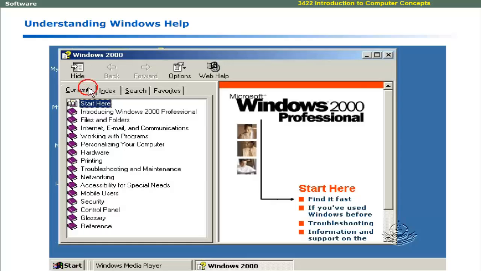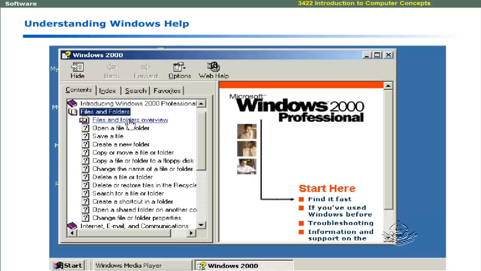Contents tab contains a list of help categories and topics. A closed book icon represents a category. When you move mouse pointer on any category or topic, it changes to a hand shape. The categories and topics act as hyperlinks. You can click on any category to expand it or click on a topic to display help page in the